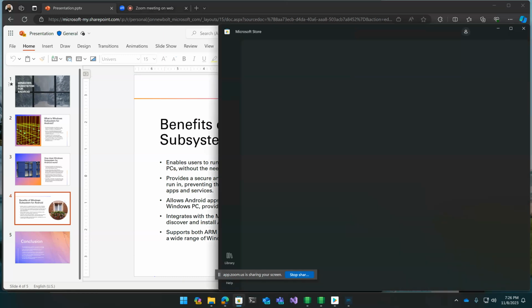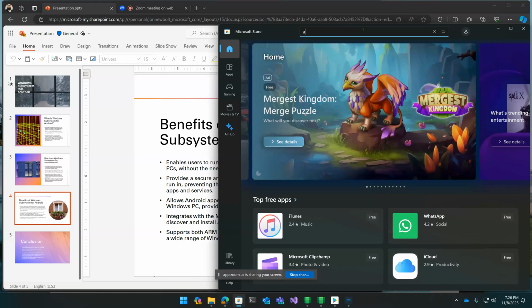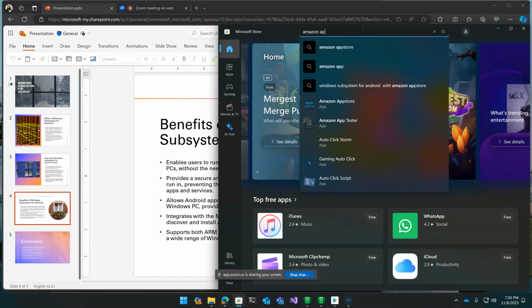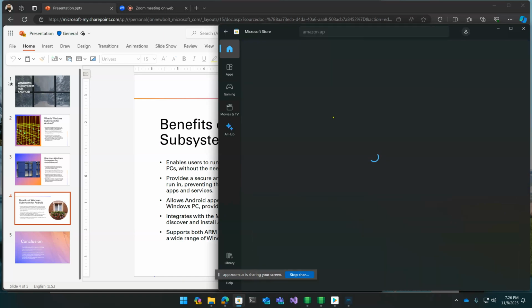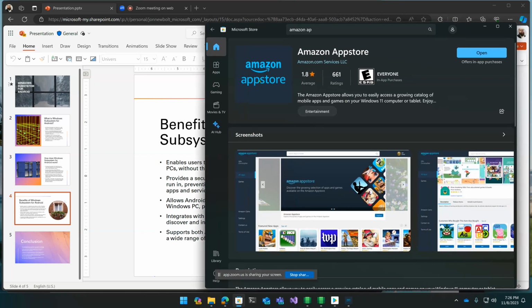So if you're looking to grab it and play along, you would just search for the Amazon App Store, I think. I'm sure you can imagine what sort of political things would cause two organizations to not support each other. But for some reason, the partnership is with the Amazon App Store.